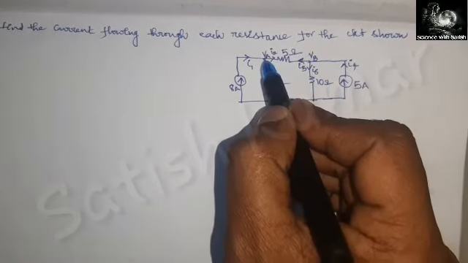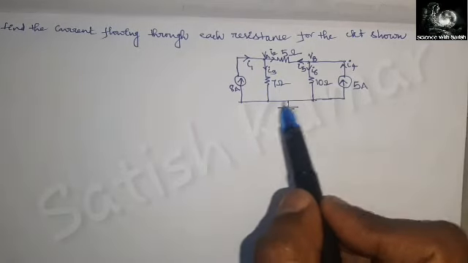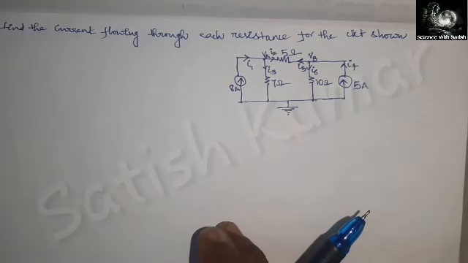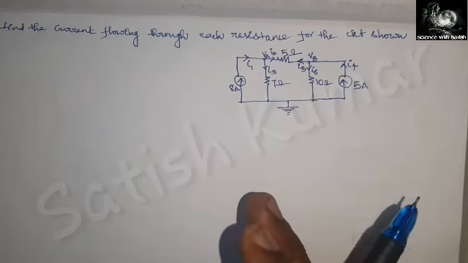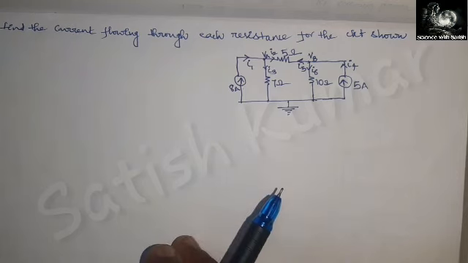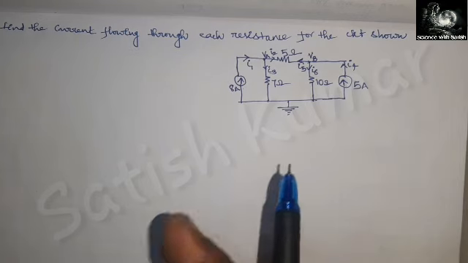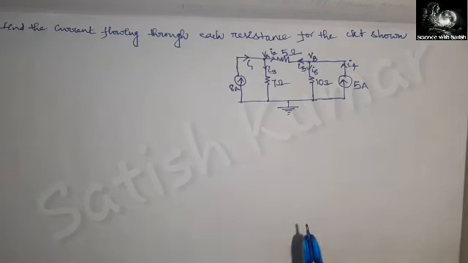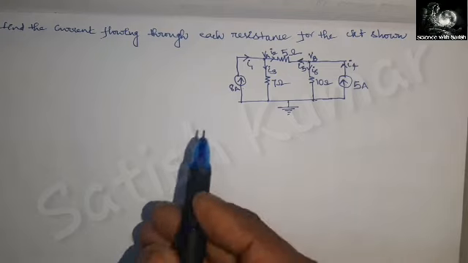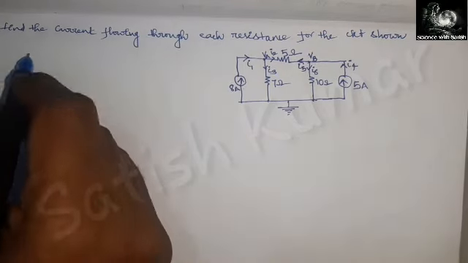Now you have to write the equation at this junction and the equation at this junction using Kirchhoff's current law, according to which the algebraic sum of the currents meeting at a point, or meeting at a junction or a node, is equal to 0. Now I am writing the equation at this node. For this I am considering current flowing into the junction as positive and current coming out of the junction as negative. You can choose either way, but for my convenience I am taking the current flowing into the junction as positive.